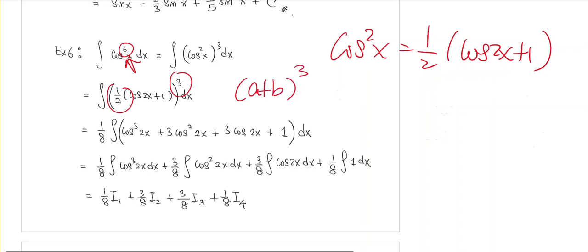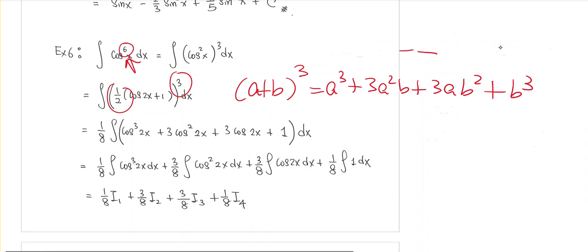(a + b) to the power of 3 is a cubed plus 3a squared b plus 3ab squared plus b cubed. Now, if you haven't seen this before, this is called the binomial formulas. These are the binomial coefficients, okay? 1, 3, 3, 1. And then you can see the power of a gets reduced from 3 to 2 to 1 to 0, and then the power of